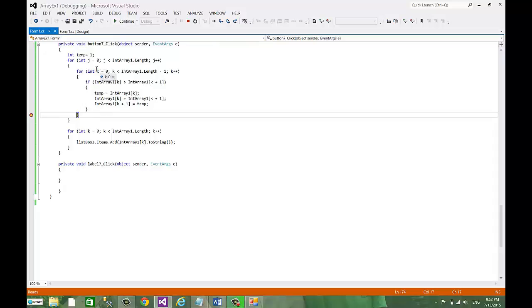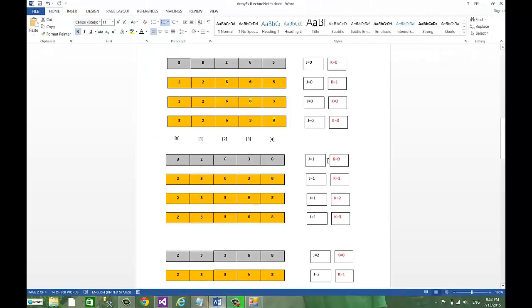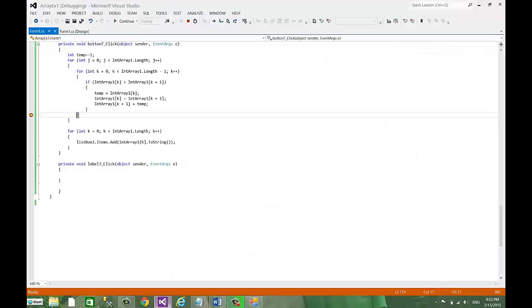And if I look, K has a value of 0, J has a value of 1, and when J has a value of 1, K has a value of 0, we should be looking at the array in the same position, 32638. Hopefully this is right. And as I look at the actual array,